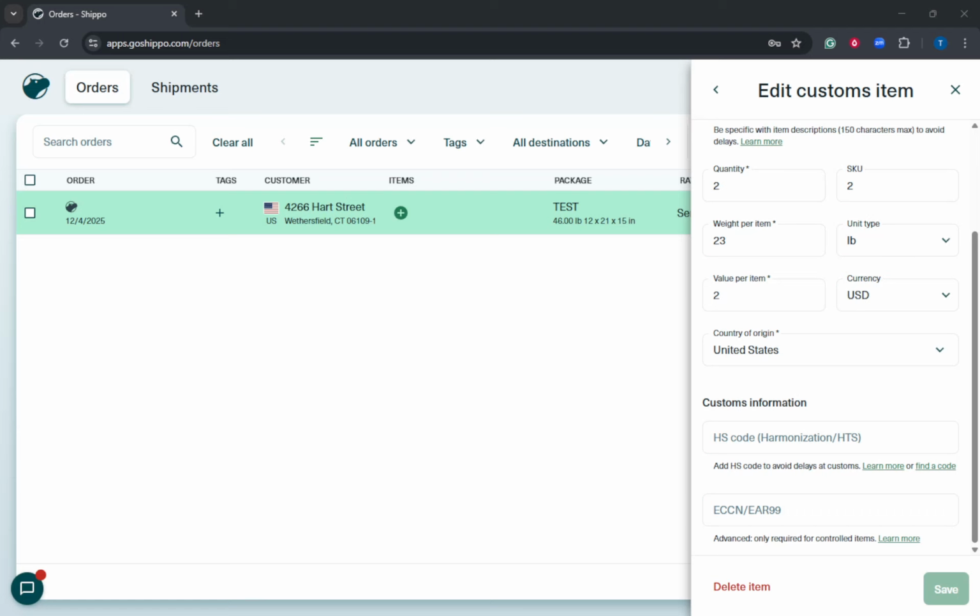In today's video, I'm going to teach you how to do a customs declaration in Shippo. If you're shipping internationally, customs information tells border officials exactly what's in your package and how much it's worth. Getting this right helps prevent delays, surprise fees, and returned shipments, so let's walk through it step by step on